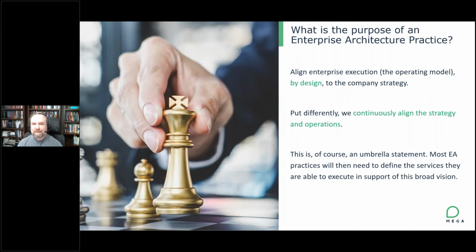Now, I put the caveat at the bottom of this slide. This is an umbrella statement. It doesn't mean that every architectural practice has this full ambition to go enterprise-wide aligning an operating model, but that all of the aspects of the work that they do should be intended to support that. And actually, I caught the end of the last presentation just before my own, talking about cost and the red flag perspective, that if cost is singularly the determiner of particular software-based decisions, it may be a problem. And what we're going to talk about today is in part how we can tie some of the technological and software decisions up to strategic execution to hopefully help mitigate and avoid that particular problem.